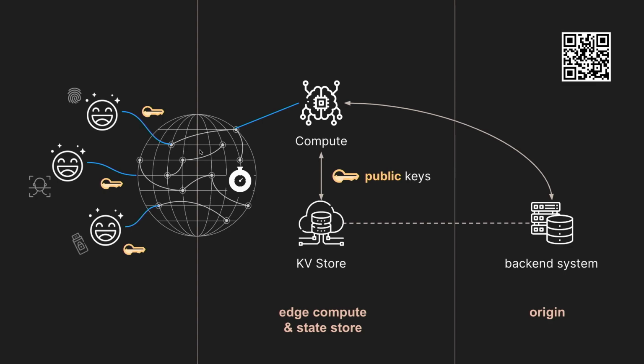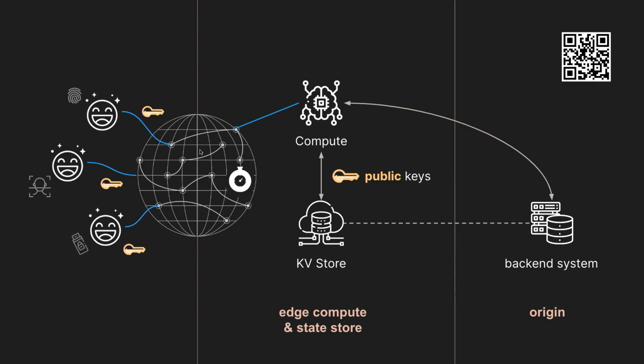And the KV store is really special in that it is a consistent data store that also runs at Fastly's network. You don't need to set that up. You don't need to worry about database scaling and all of those concerns. It just works. And if anyone here is familiar with CRDT, which is conflict-free replicated data types, it's kind of built on that, except my colleagues have managed to get it to global scale, and it's a little bit above my pay grade to explain exactly how that works, but it's pretty good.